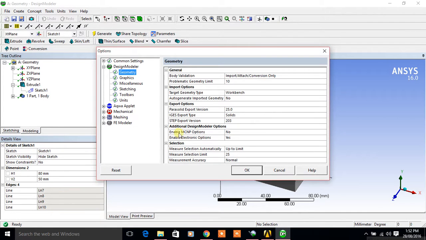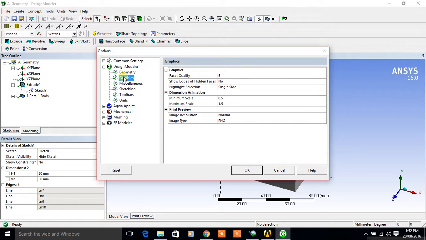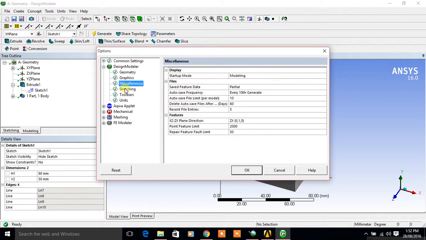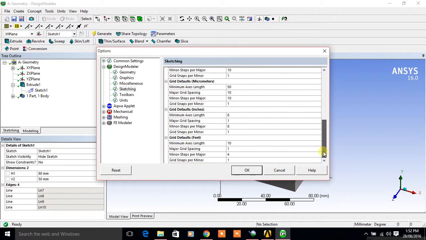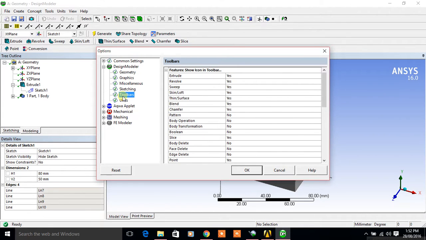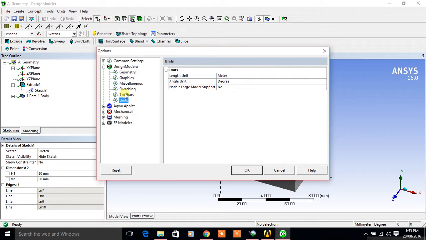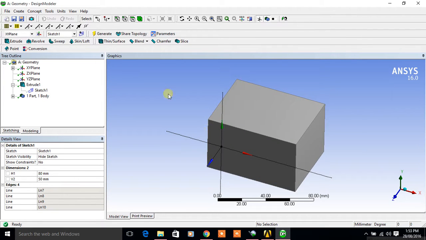In options you have to select all these things in this manner, so that these are the default parameters which have been selected over the design tool. This is all about tutorial number 1.